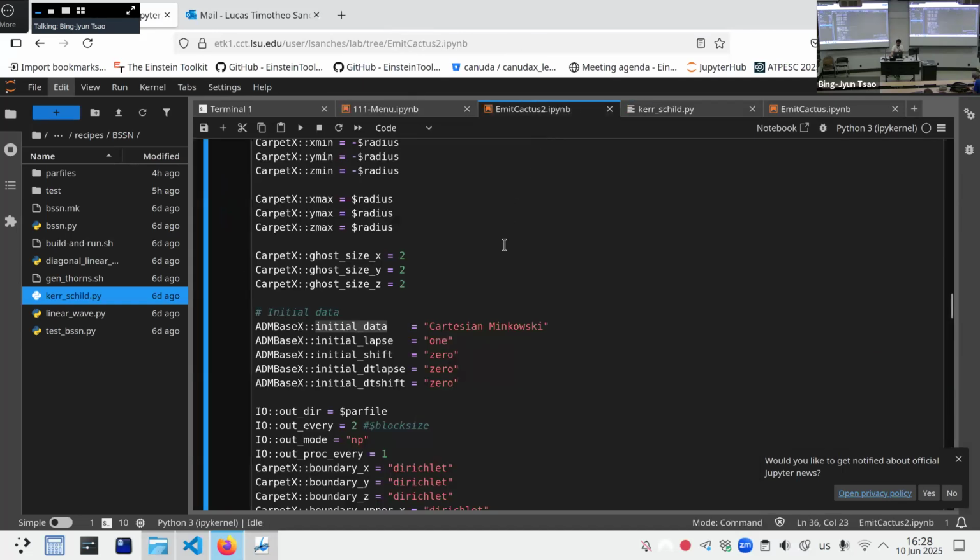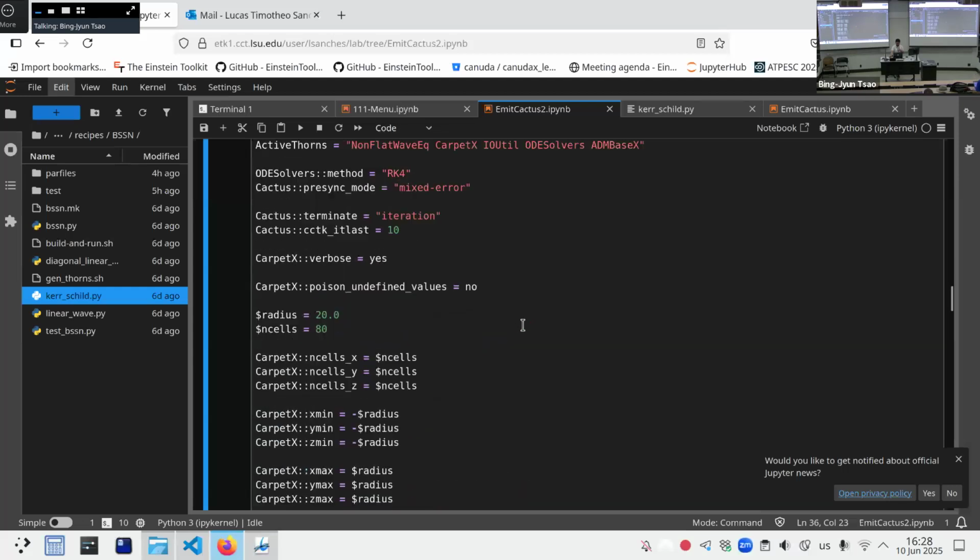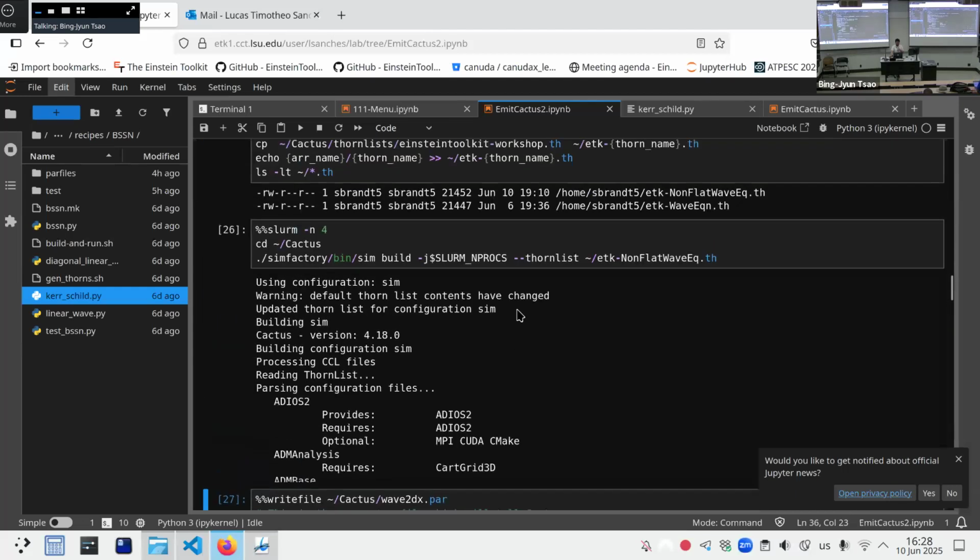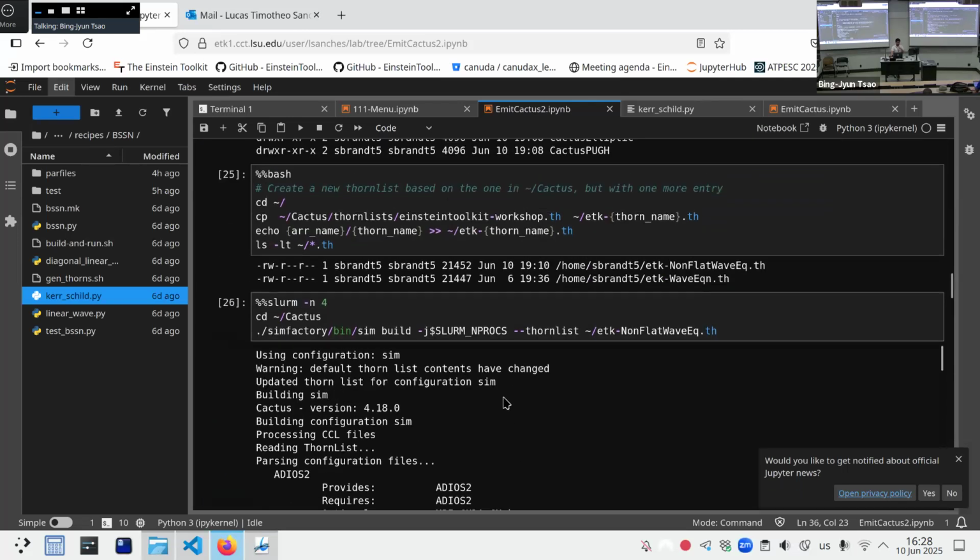But the takeaway from this is trying to learn how to do something that's a step above the wave equation, in the sense that we get to use some tensors, we get to use some vectors, we get to declare some parities, and we get to worry about things that scalars don't let us worry about. So I guess this basically concludes it. If you guys have any questions or comments, this is the time for that. But otherwise, I guess we're done.